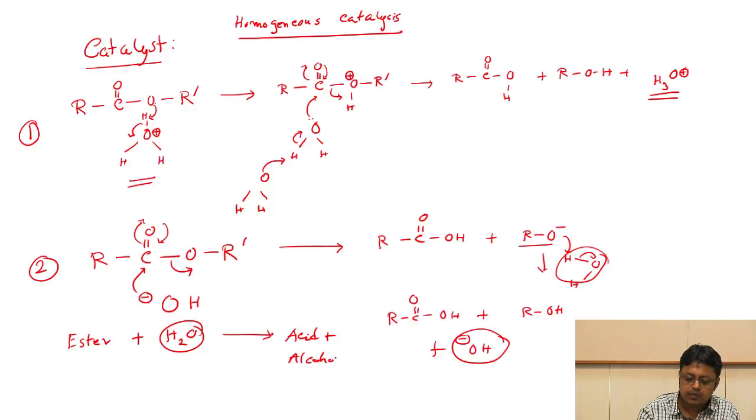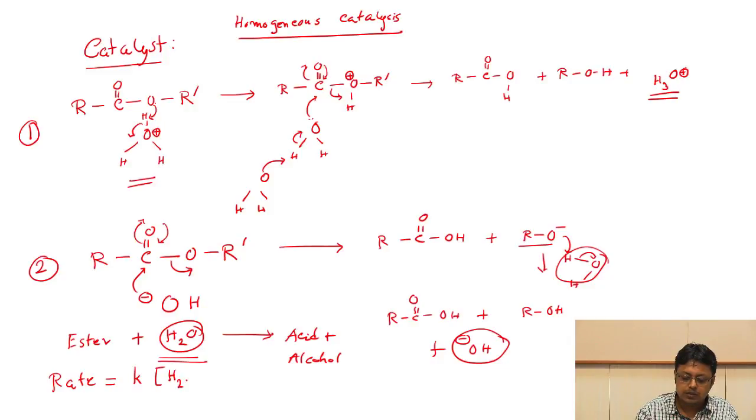This reaction is kind of an elementary reaction, because in the rate determining step the water attacks, and that step controls the entire course of the rate of the reaction. Since this attack of the water on the ester is the rate determining step, the rate will be more or less proportional to the concentration of these two,